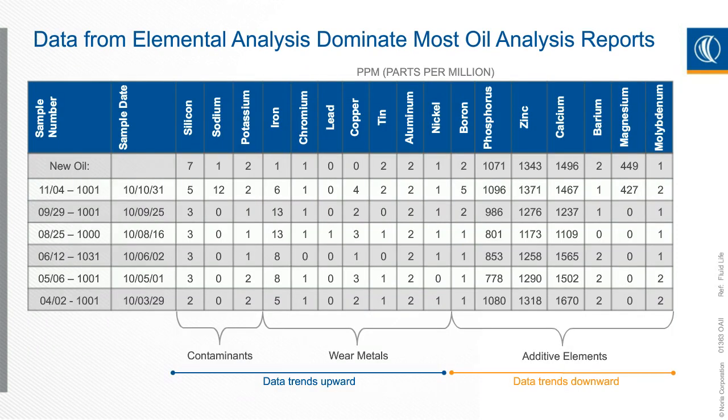With elemental analysis, that's going to be a big portion of your report. It's going to give you data about all the elements and what the overall parts per million, the concentration, say, of that element is. And that element could be related more to the contamination or the wear debris or the additive elements. Certain ones are going to trend up, certain ones are going to trend down. The ones that trend up are more like wear debris and contamination, because you expect those to go from a place where you hope they stay at a lower level and may increase to a point that you need to start being concerned. And oppositely, additive elements may start to go down, and that's when you start being concerned whether or not they're able to protect your machine as much.